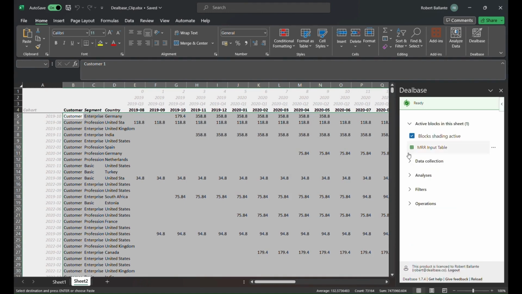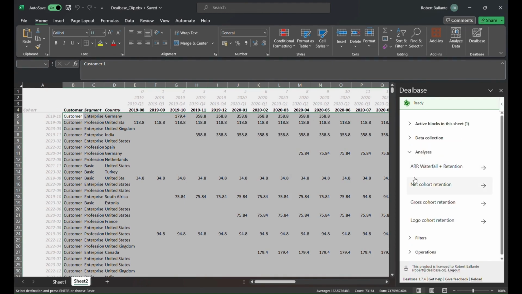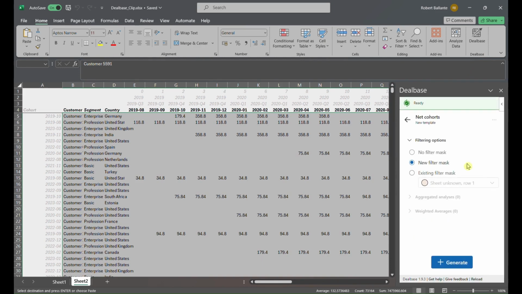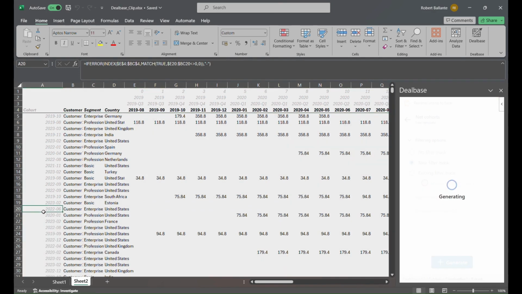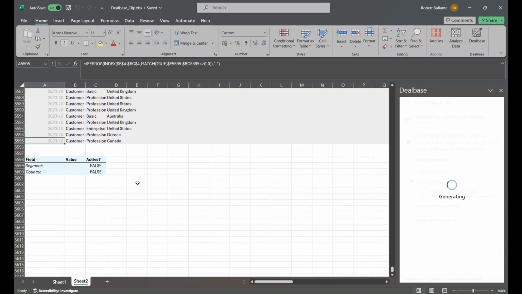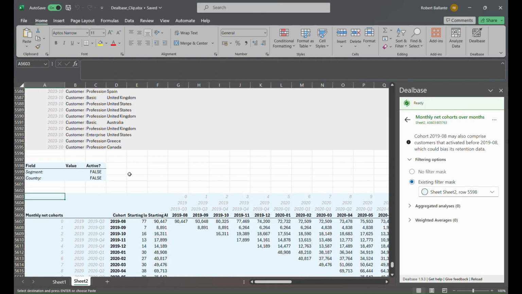Now, it's possible to choose the output that's required, be it waterfall and retention or various types of cohort retention. For example, let's do a net cohort retention. The only thing you have to choose is if you want a filter mask, which allows you to dynamically filter for various segments. After a couple of seconds, the plugin outputs the filter mask,